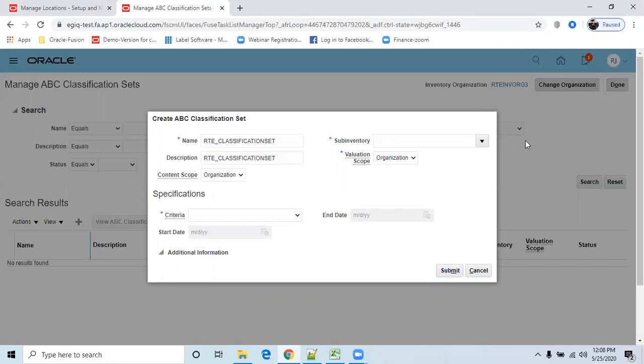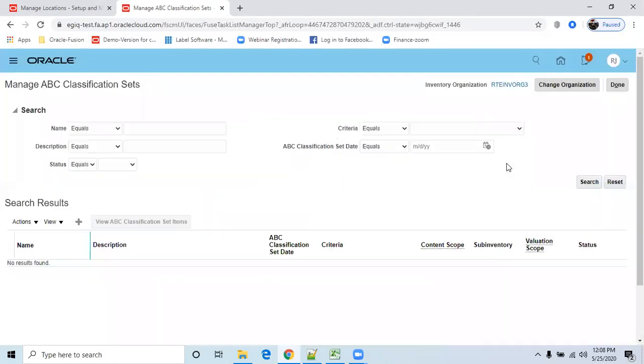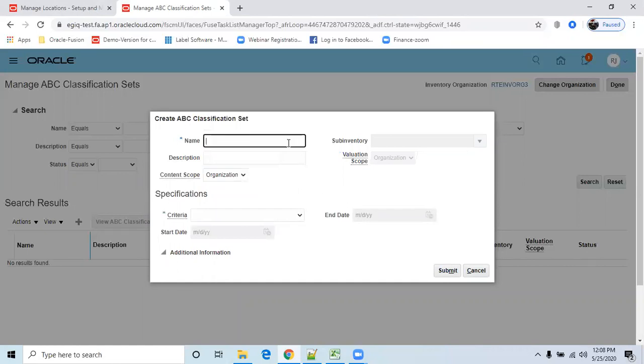So one second, we just need to refresh this. So click on place. I'm just going to explain what are the various options we have. So I'm now creating an RTE classification set, description.